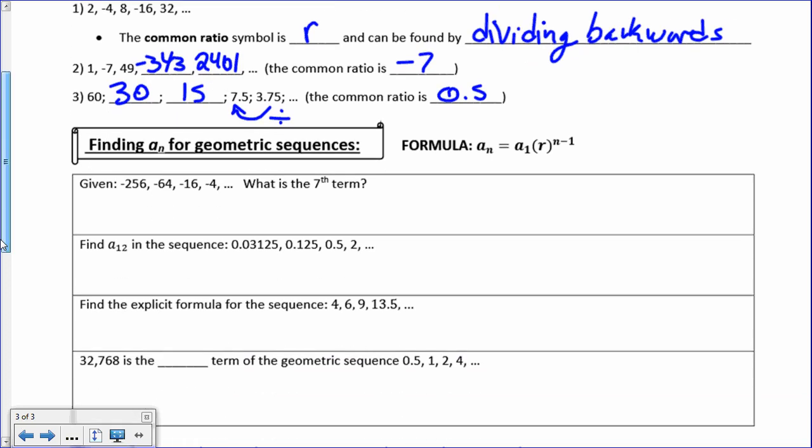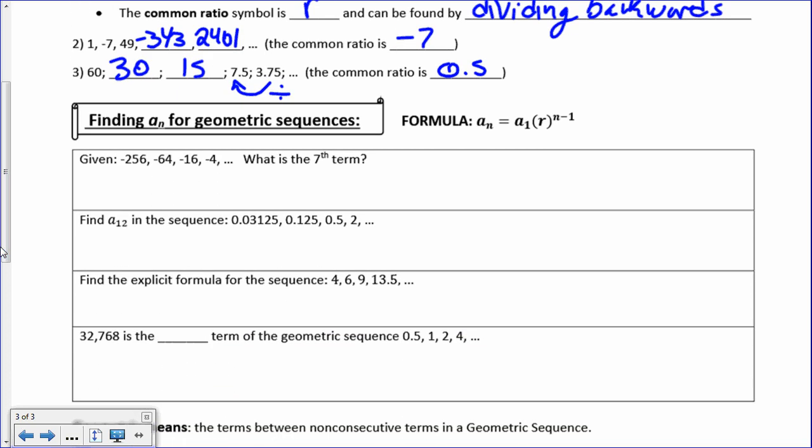Alright, so we have a new formula when we're working with the geometric. And it's right here. On your formula sheet, that would be in the right column at the bottom. There are a couple